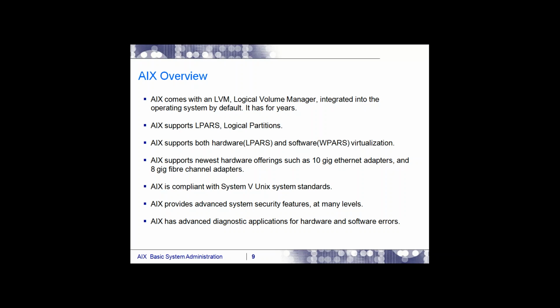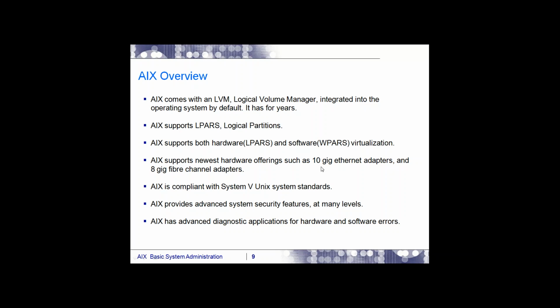For example, when you are working with LPARs, if an LPAR needs a disk and network card, the disk and network card will be virtualized with the help of VIO, the Virtual IO Server. This virtual IO server is the first partition on your AIX P series server. This VIO can be an LPAR, or it can be on a physical machine also. It's up to you how you want to design it. But most of the time it is recommended to be the first LPAR on your P series so that it will be easy for you to virtualize the disk and network.